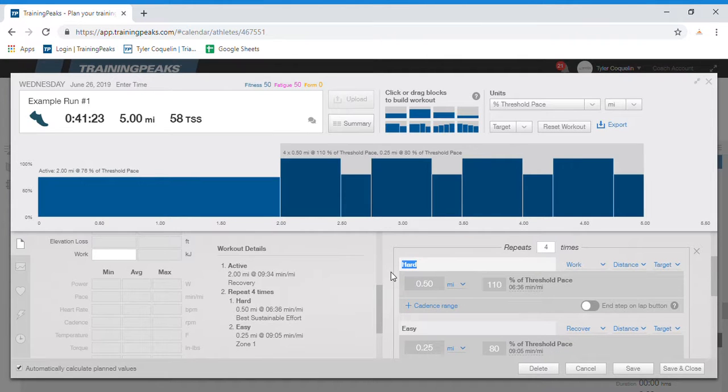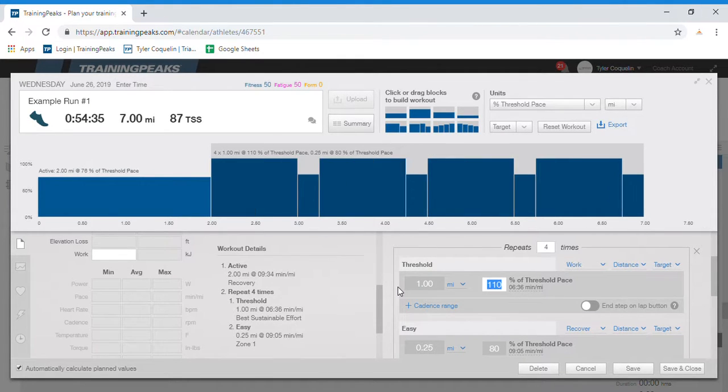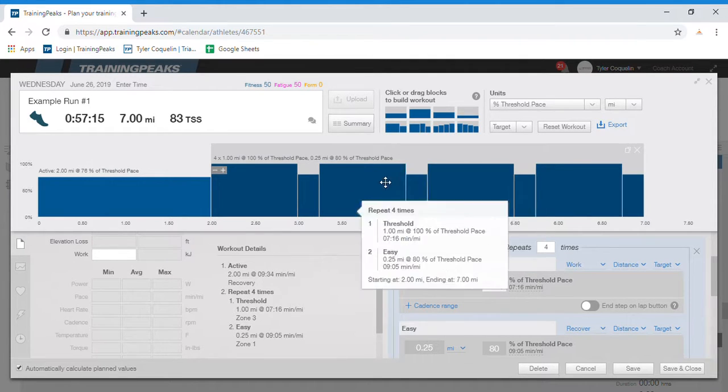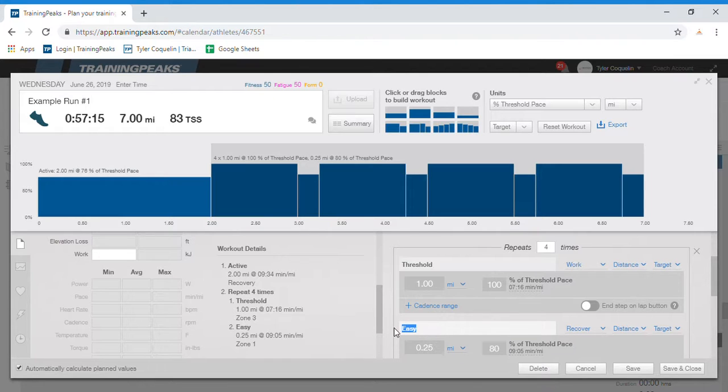You can change this to threshold, and then we're going to put you at, let's say, 1 mile. And if you hit tab, it slides over, and you can just type in 100, enter, moves the bars up and down or vertically. And if you want to change this to recovery,